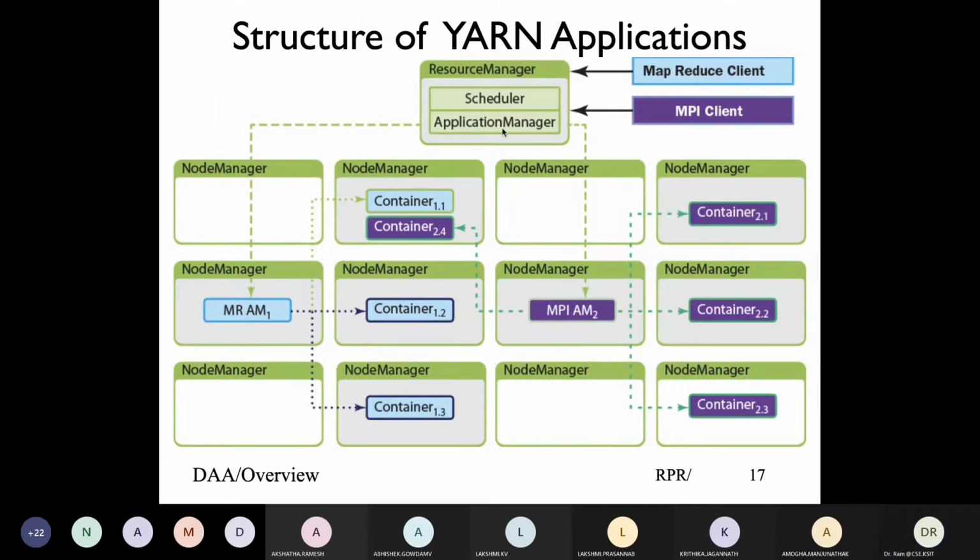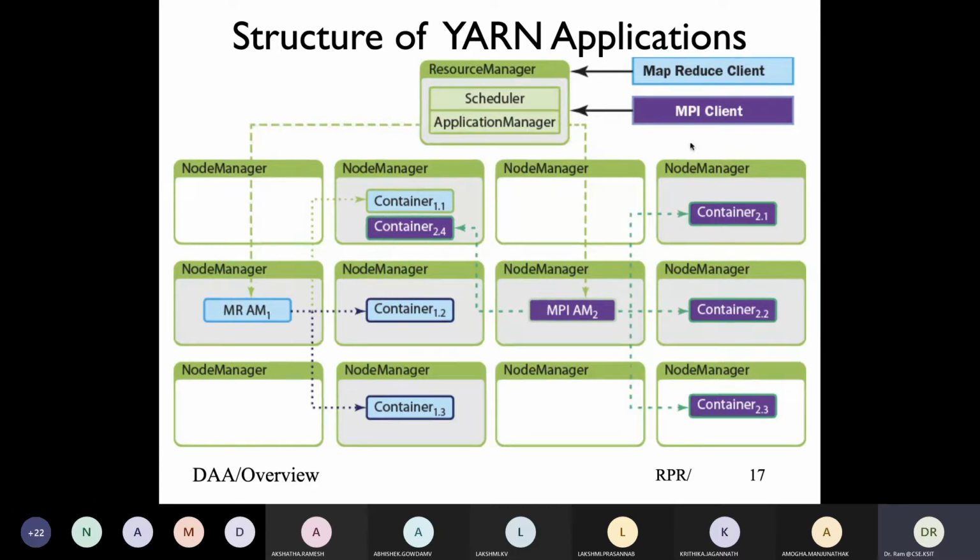So you have a resource manager. Resource manager has basically a built-in scheduler, because resource manager primarily allocates resources where they are available. And if you want to run a specific algorithm based on capacity, preference, fairness, then you have a pluggable scheduler there. But each time a client makes a request to resource manager, it launches an application master. So one application master is launched for each application.